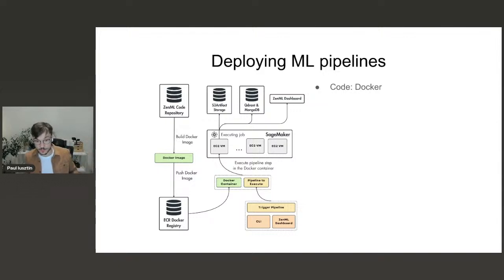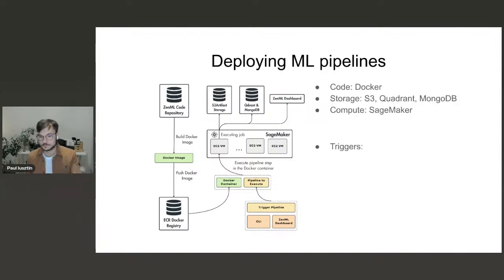Through ZenML, we have different options. The most obvious one is the ZenML dashboard, where you just go in there and with a few clicks, you choose what pipeline to run. You can do it through the CLI, which offers you tons of other integrations, or a pipeline can be triggered by another pipeline or event. For example, in our use case, we had a data collection pipeline, which after an event, triggers the next pipeline, and so on and so forth, which I will detail a little bit later on how you can do continuous training with this trick quite easily.